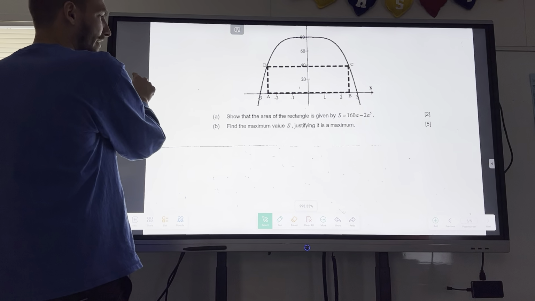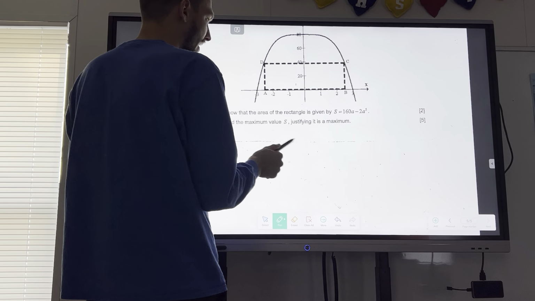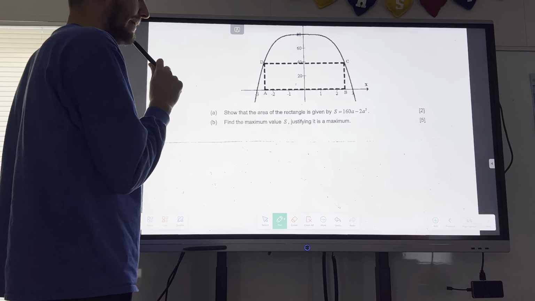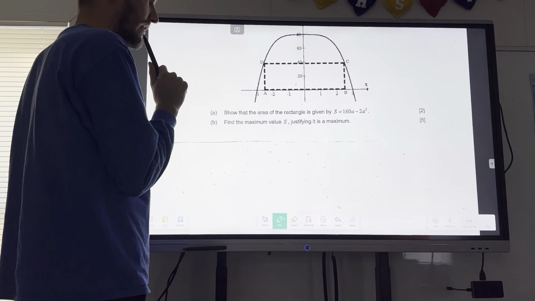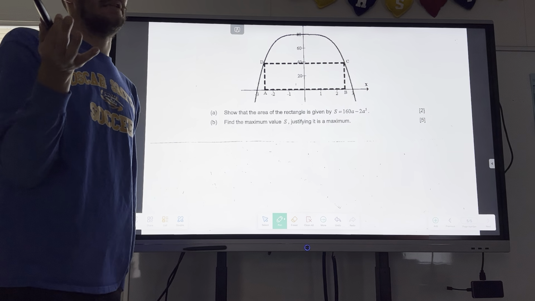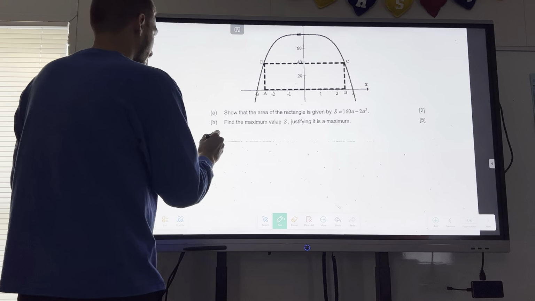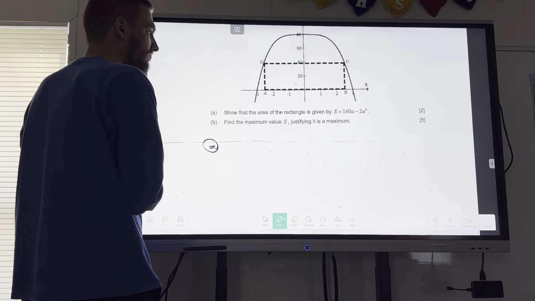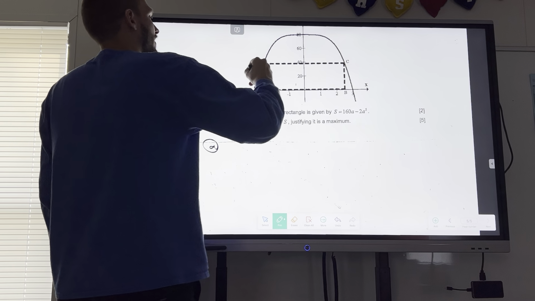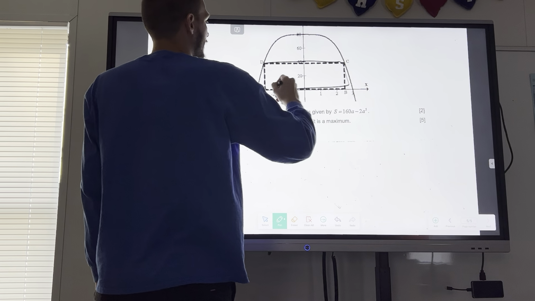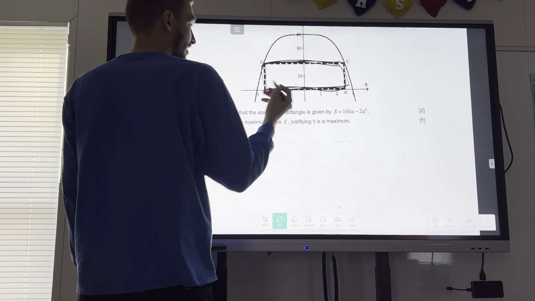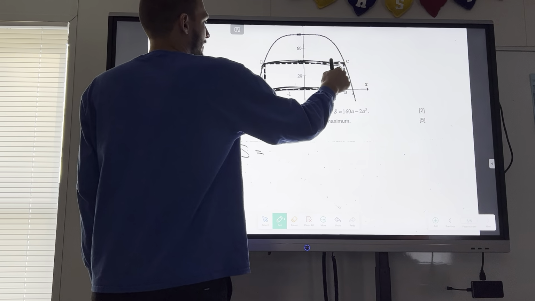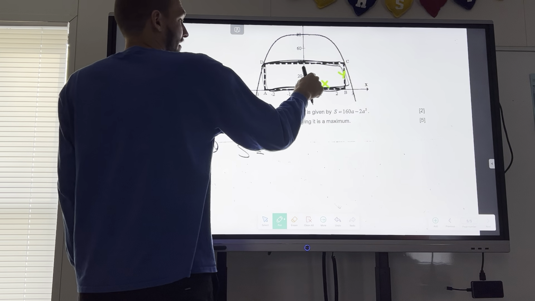Show that the area of the rectangle is given by S equals 160a minus 2a to the power 5. I think we pretty much already did this, okay? For letter A, we know that the area of this rectangle, which they're wanting to call S, is equal to x times y, and I think it's best if we do it like this,